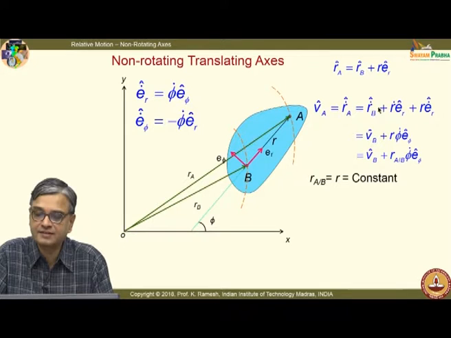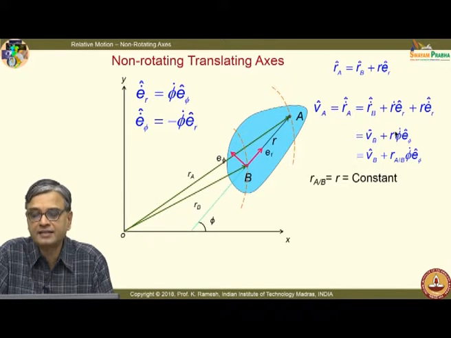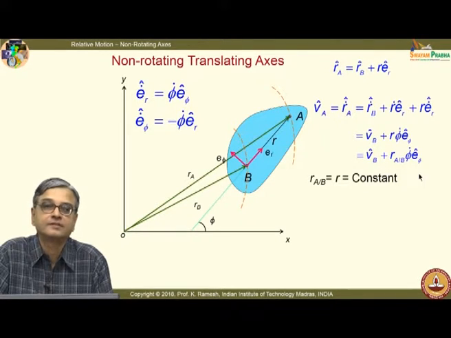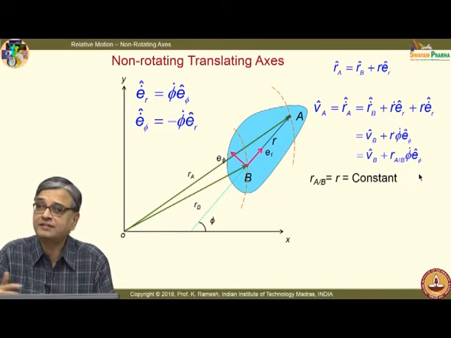So, I have this as, I have also labeled this as VB plus R phi dot E phi. And this R is replaced because writing it in general may be confusing in a complex problem. So, this is nothing but the vector RAB. So, I have VA equal to VB plus RAB phi dot E phi. So, it is very straightforward.